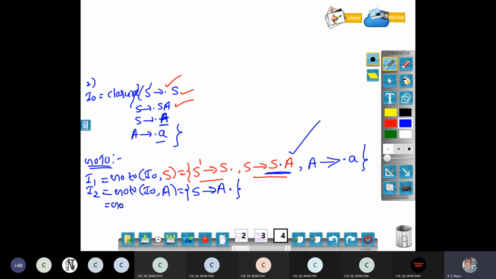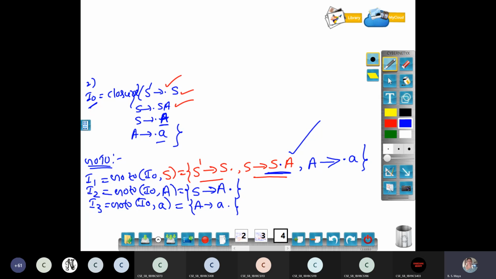New state: still small a, I have to move the dot to the end. The next is goto. Still you are in the I naught state. From I naught, I am moving small a. You take small a, and you have to write capital A derives a dot. See, the dot is at the end of the production, and with only one production, you can end. And this is also a new state. Before giving a new state, you have to check whether any of the previous states has the same set of items in this flower bracket. You have to check whether that state is already there or not.